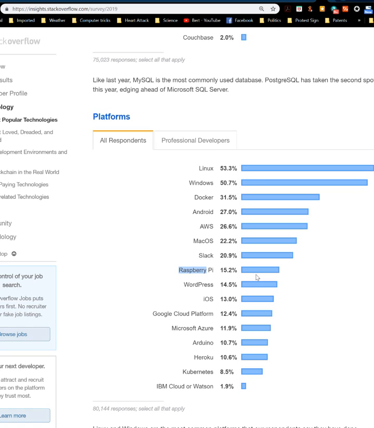Raspberry Pi is kind of interesting. I guess that makes sense to have here. I've got Arduino here even. So that's for embedded systems, but this is still a matter of not how many people are using it, it's a matter of its popularity, I guess. So it suggests though that a lot of people actually have some experience with it, in the greater scheme of things, I suppose.